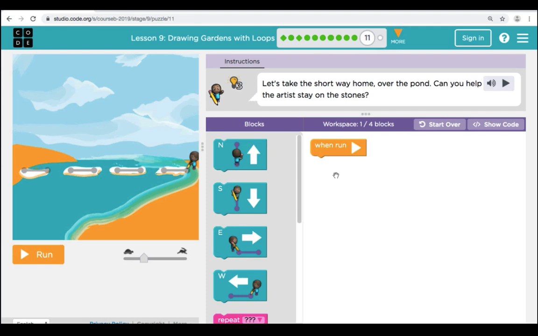Here in Puzzle 11, it's telling us we need to get over the pond. Can we help the artist stay on the stones? You can see in between each line there's a gap. We're going to need to use the jump blocks. Let's see if we can figure out the code. You see that the artist must go left